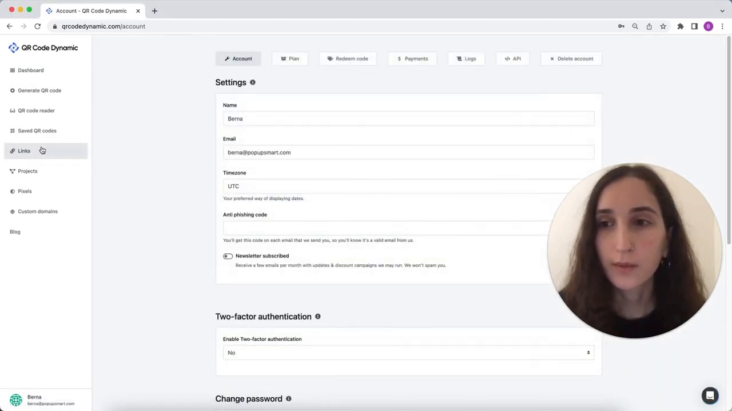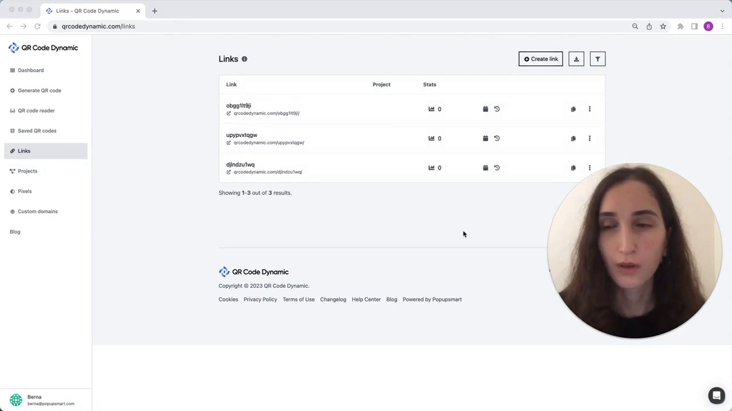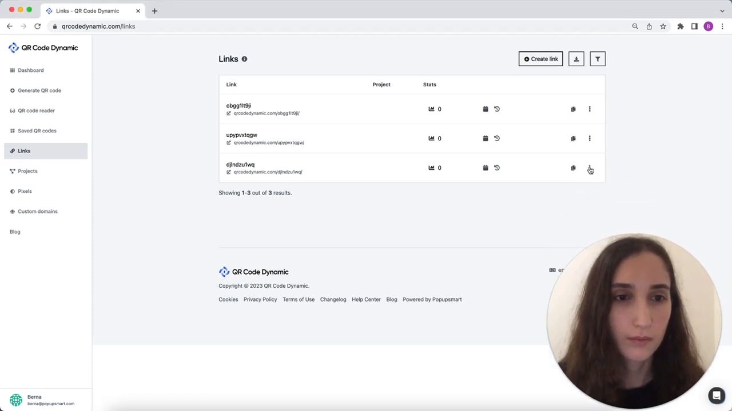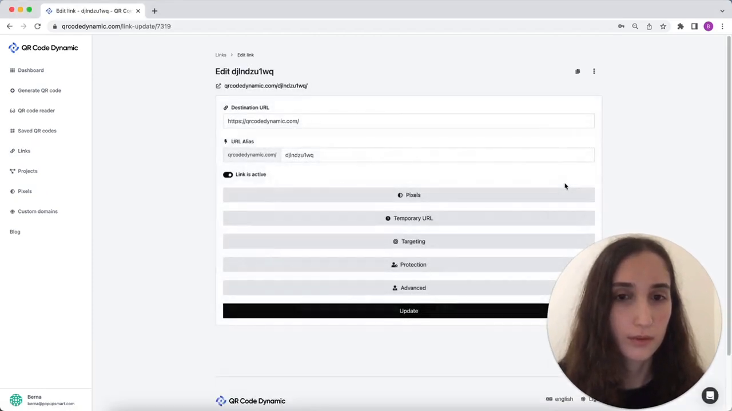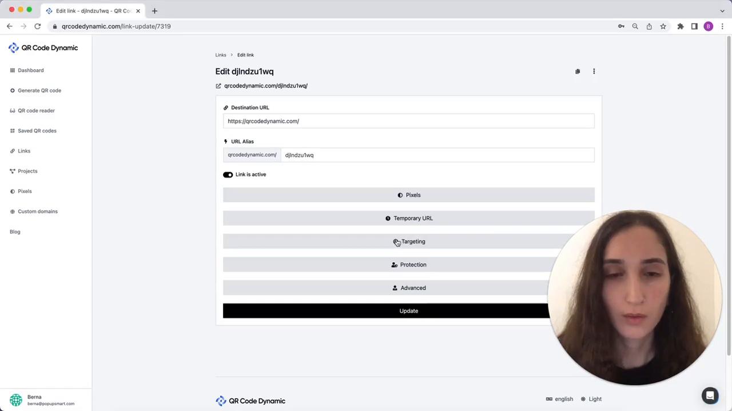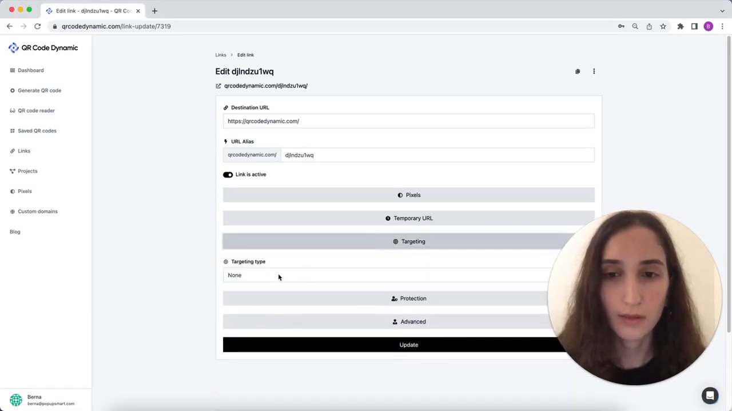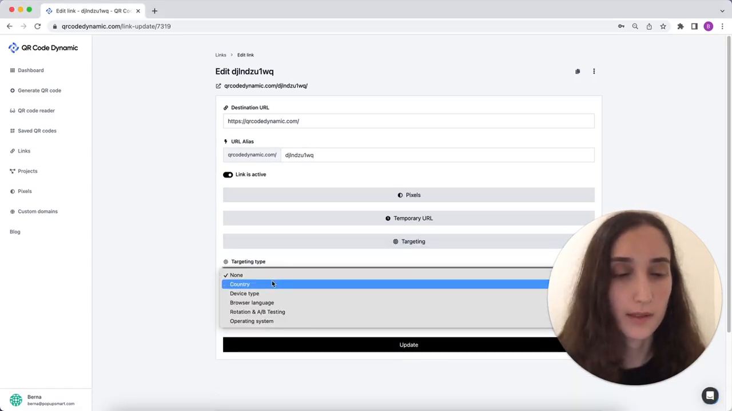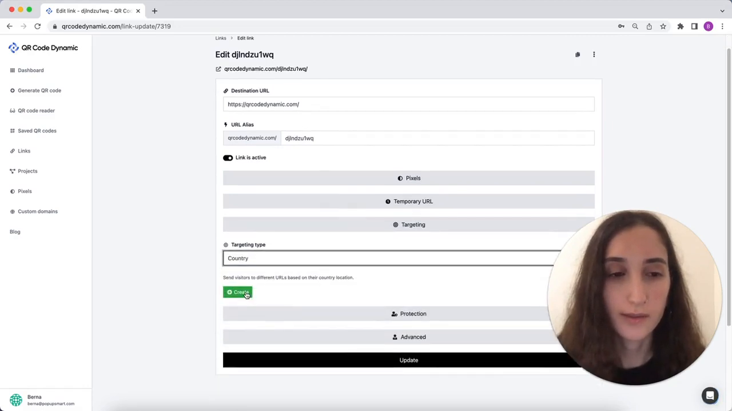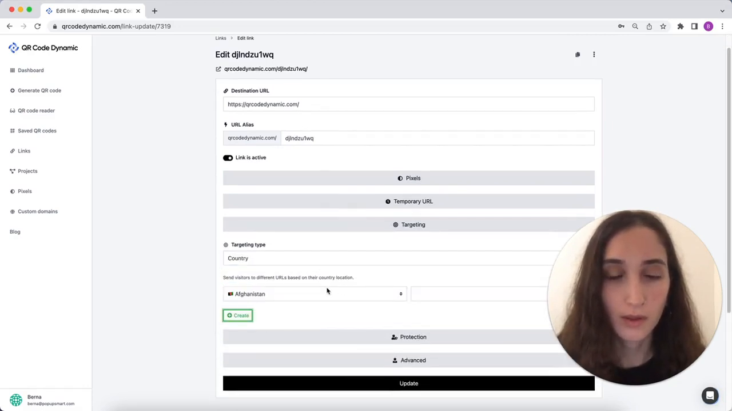and go to the links part. Choose the link you want to customize and click on the Edit button from here. Go to the targeting part and select your targeting type as country and click on the Create button and select